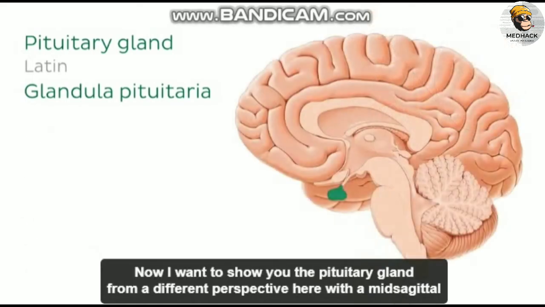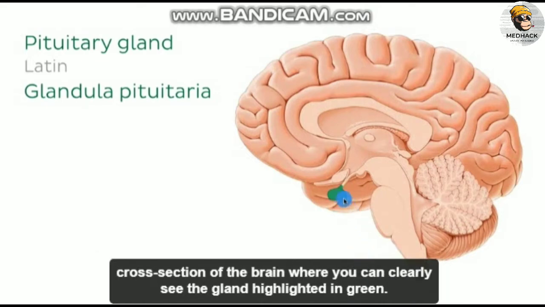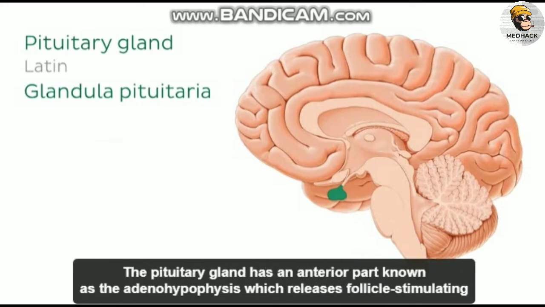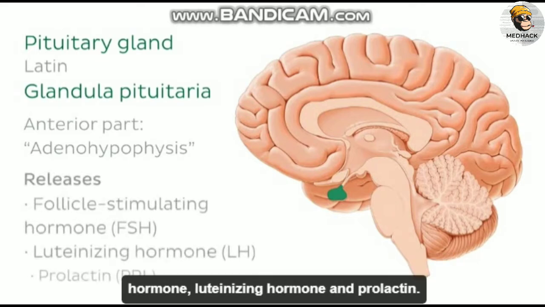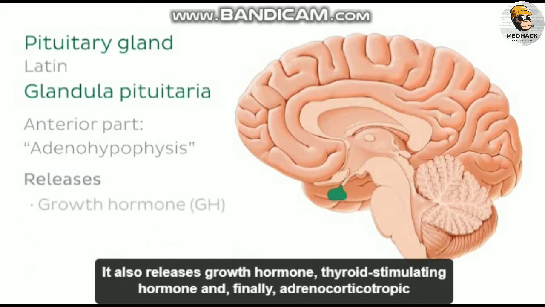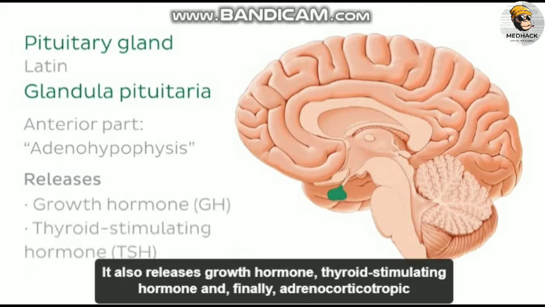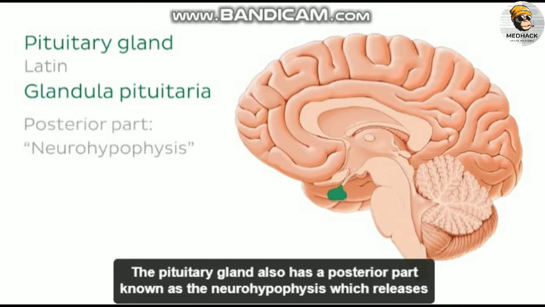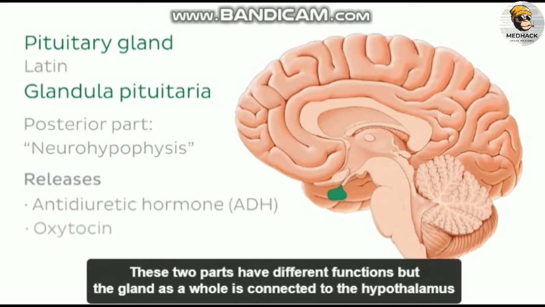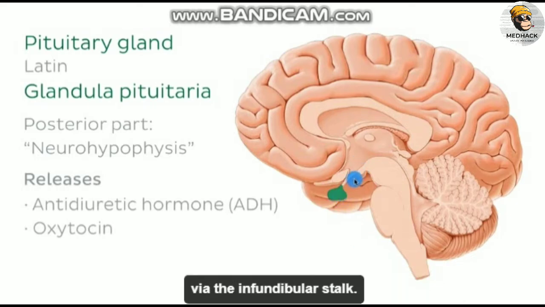Now I want to show you the pituitary gland from a different perspective here, with a mid-sagittal cross-section of the brain, where you can clearly see the gland highlighted in green. The pituitary gland has an anterior part known as the adenohypophysis, which releases follicle-stimulating hormone, luteinizing hormone and prolactin. It also releases growth hormone, thyroid-stimulating hormone, and finally adrenocorticotrophic hormone. The pituitary gland also has a posterior part known as the neurohypophysis, which releases antidiuretic hormone and oxytocin. These two parts have different functions, but the gland as a whole is connected to the hypothalamus via the infundibular